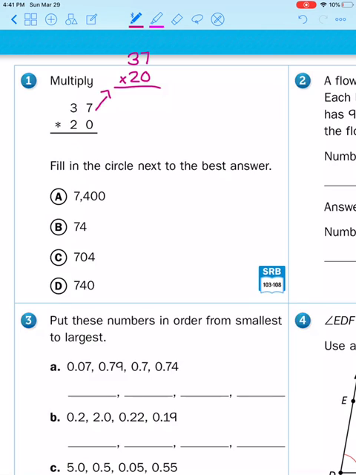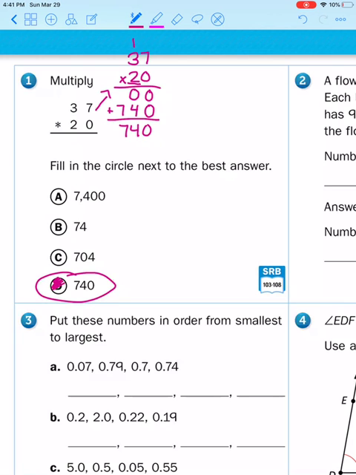So 0 times 7 is 0. 0 times 3 is 0. Now, once you move over to that tens place, you have to put in that placeholder. 2 times 7 is 14. Put the 4, carry the 1. 2 times 3 is 6, plus 1 is 7, and you add, and you get 740, which is the answer